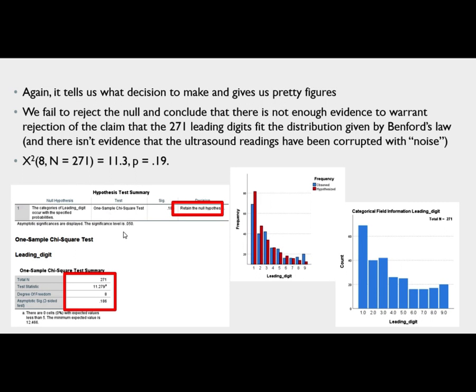Alright, so when we do that, we evaluate our output. I've just put it all on the same page here. So it tells us what decision to make. We're going to retain the null hypothesis. I've covered up my sig, but it's also down here, 0.186. So it's not less than 0.05. So it is,